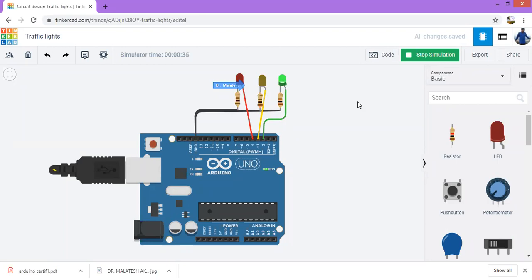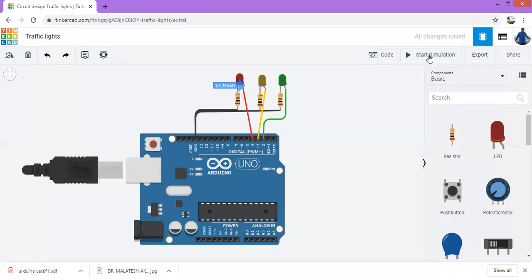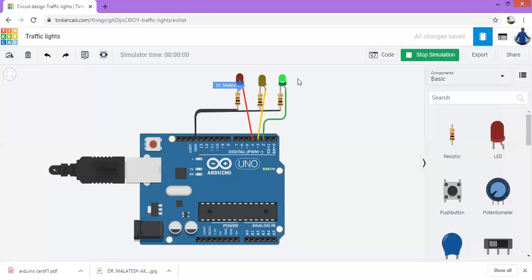Yeah, you can observe now. I'll stop and start again. Once you start, you can observe the green is on now, for 5 seconds, I have given, I guess. And next yellow, next red. Yellow is for a short period. I have given 5 seconds for the green, 5 seconds for the red and 3 seconds for the yellow. So usually from green to red, in between the yellow will glow and vice versa. So red, yellow, green. This is for only one way traffic light.